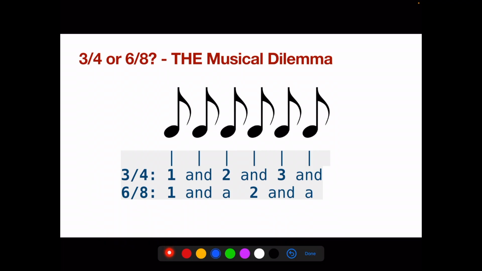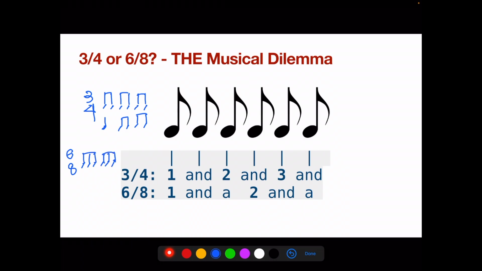And just so that you're not confused in your assignments, if you have 3/4, please make sure that each beat is divided into 2 eighth notes. We can have 6 eighth notes in 3/4, but the beaming has to be this way. Now you're seeing just a bunch of eighth notes and none of the other kinds of notes. If you see something like a quarter and eighth notes, make sure that you are still very clear about this. On the contrary, if you have 6/8, you would need to beam 3 eighth notes together,